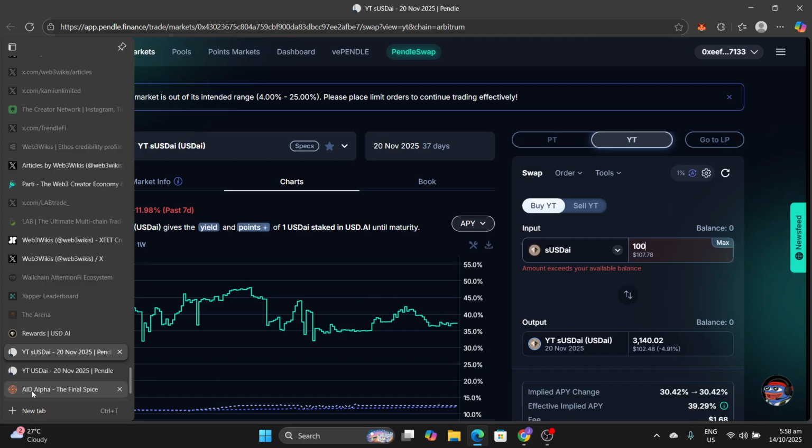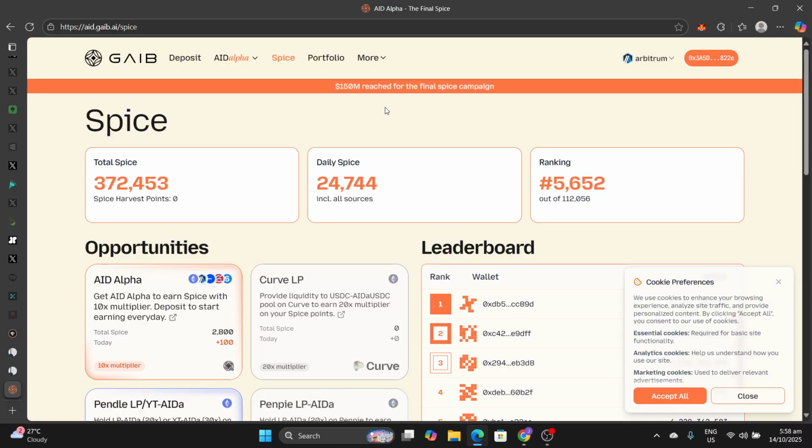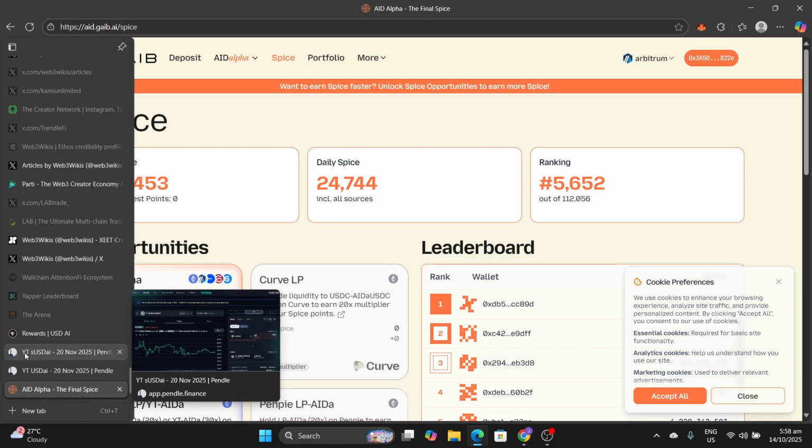But before I go, another project of interest is GAIB. Similar narrative, you want to get started with this. I believe that this will soon end. This is the final Spice campaign till before TGE. I just started with this and now ranked 5,652 of 112,000 participants. There are not many participants on USDI, around 25, maybe 30 to 40,000 participants, but the TVL is